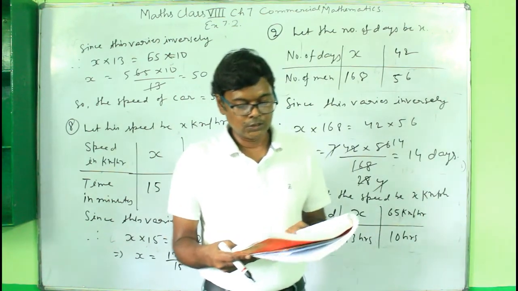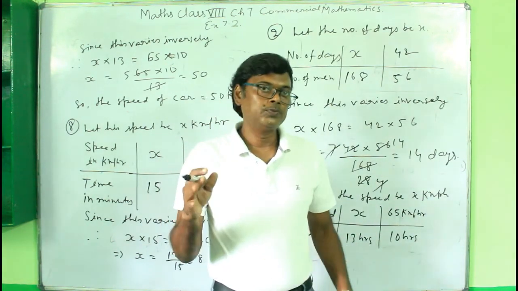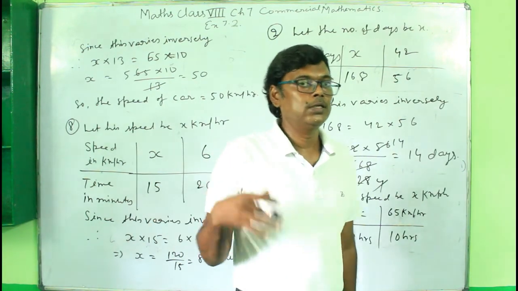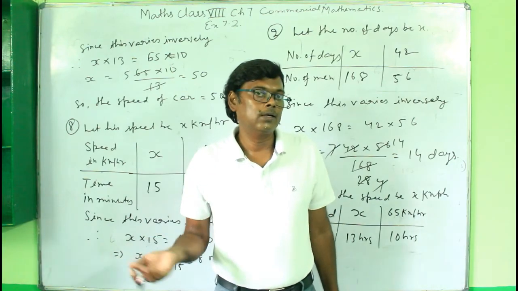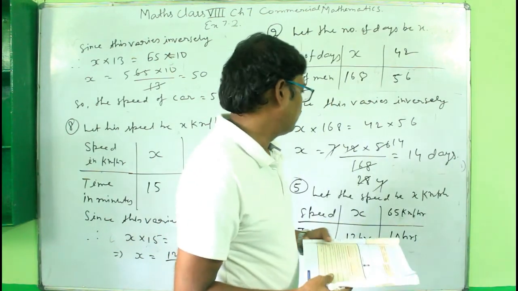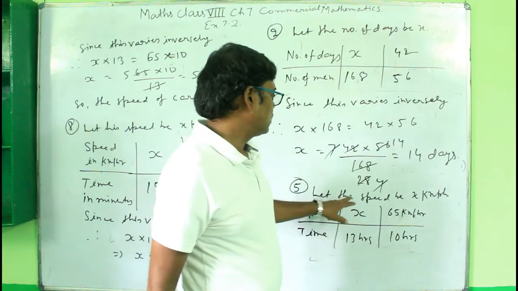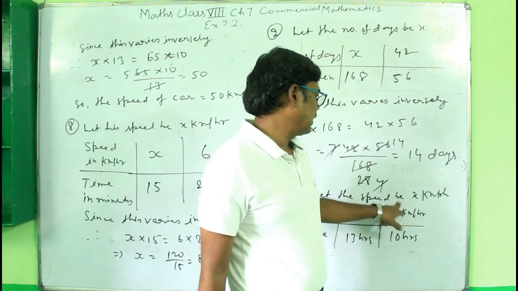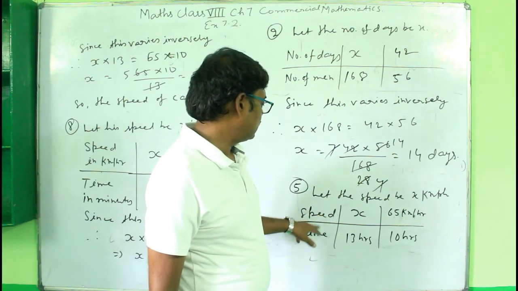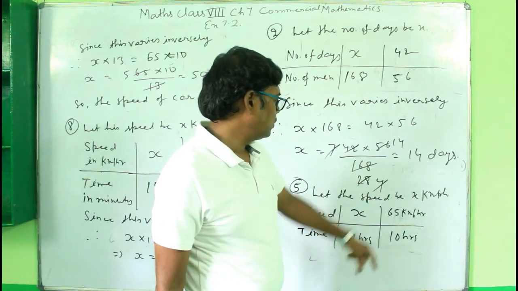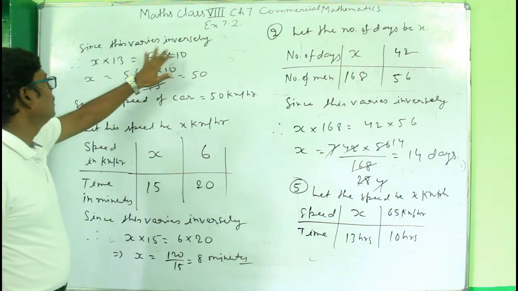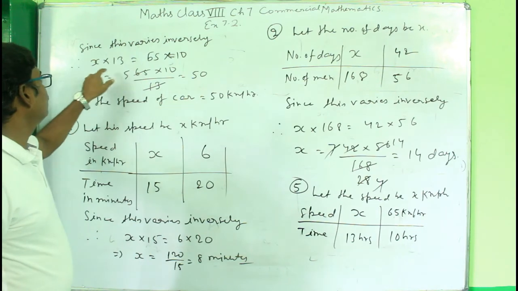Okay, the distance is fixed. So when the distance is fixed, then if your speed is higher, it will take less time, right? अगर मतलब स्पीड ज़्यादा होगा तो टाइम कम लगेगा, और अगर स्पीड मतलब कम होगा तो टाइम ज़्यादा लगेगा. So this is the case of inverse variation. So suppose the speed be x km/h, then make a table like this, then write your speed and time, then arrange all the values here, and you will write that since this varies inversely, and therefore